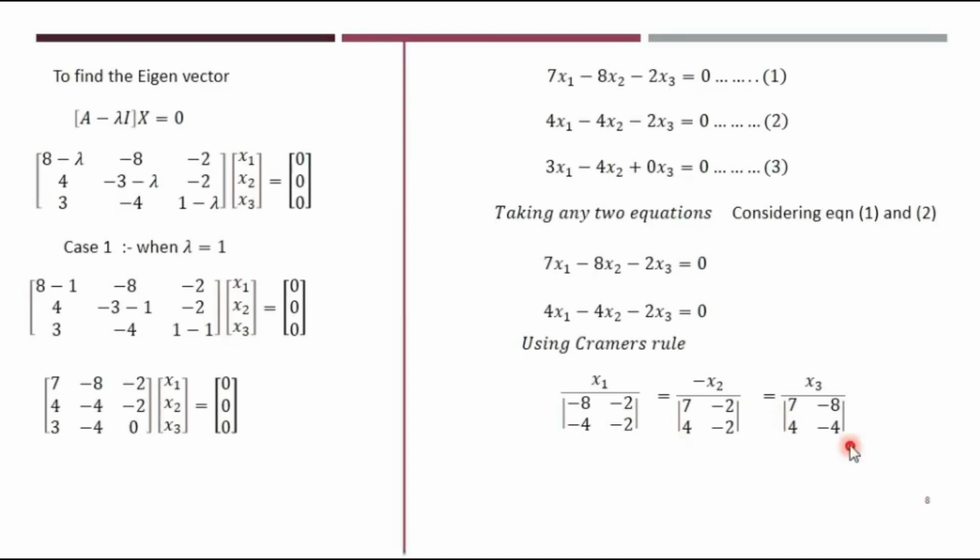Now simplify this again, with the determinant in the denominator. x1 upon 16 minus 8, correct? 16 minus 8 equal to minus x2 upon minus 14 plus 8 equal to x3 upon minus 28 plus 32. Again we can simplify: 16 minus 8 is 8, minus 14 plus 8 is minus 6. So we will have x1 upon 8, minus x2 upon minus 6 and x3 upon 4